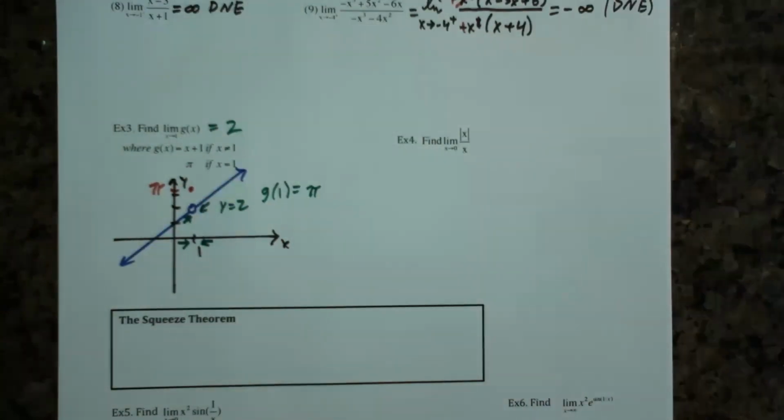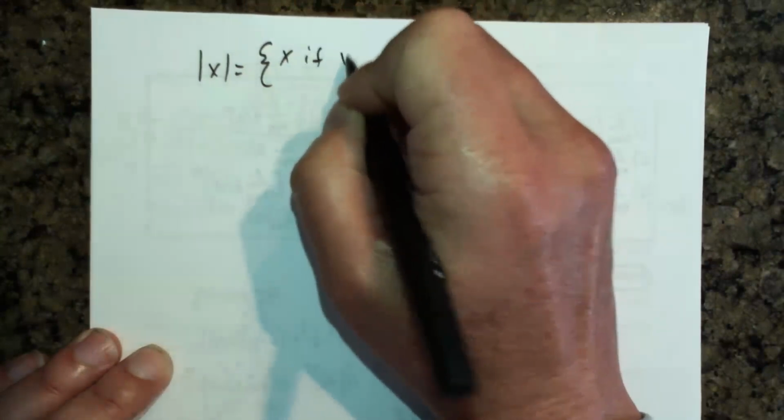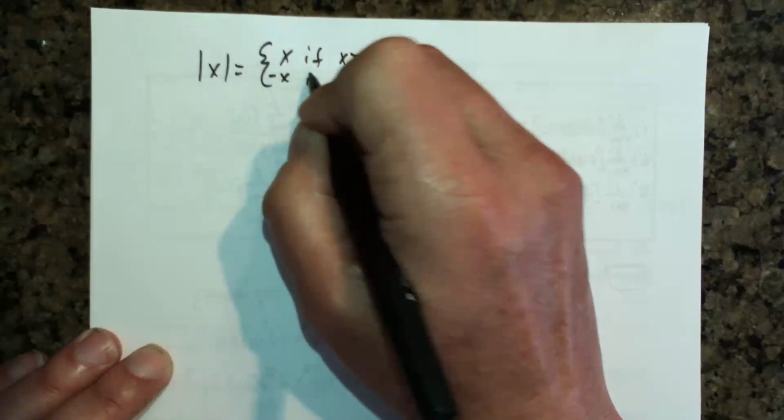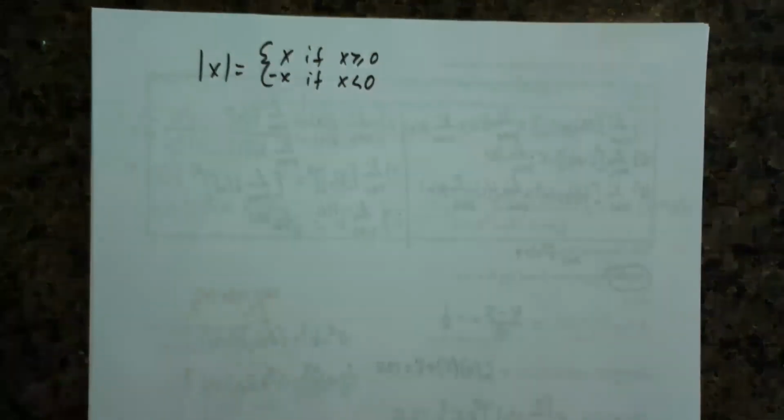All right, for number 4, I want to take us back to an old definition. Something you learned in an algebra class whenever ago. That the definition of the absolute value of x is x if x is bigger than or equal to 0, meaning if it's positive, and it's negative x if x is negative. Which means,